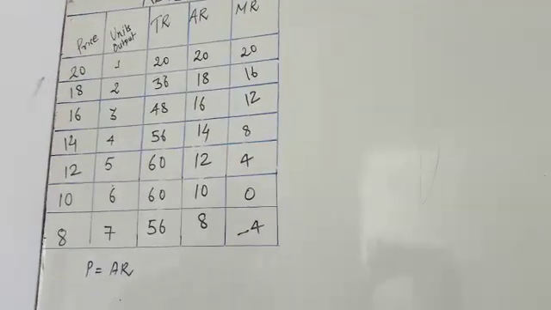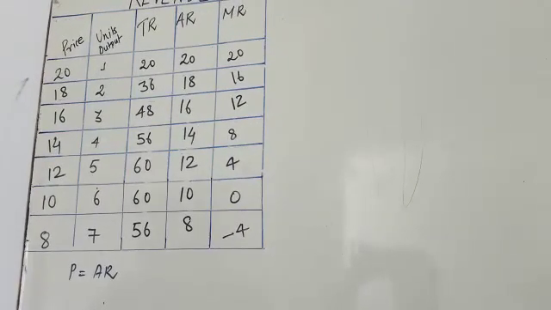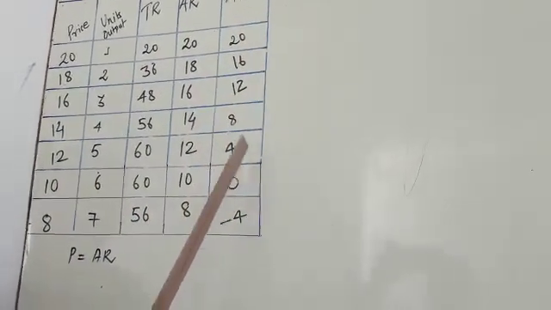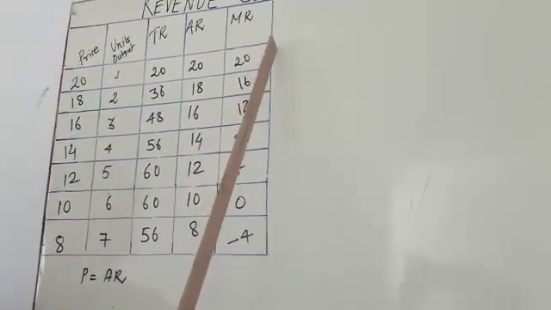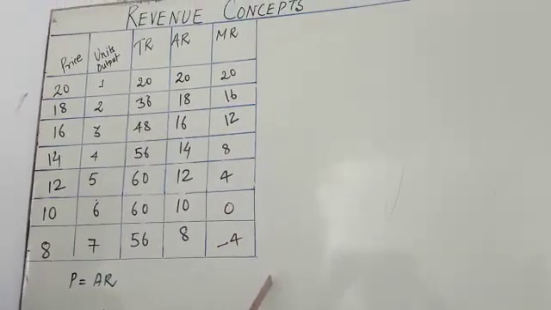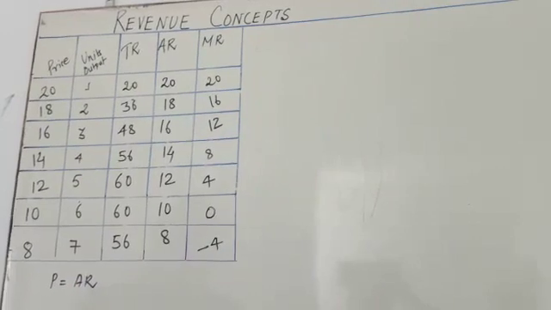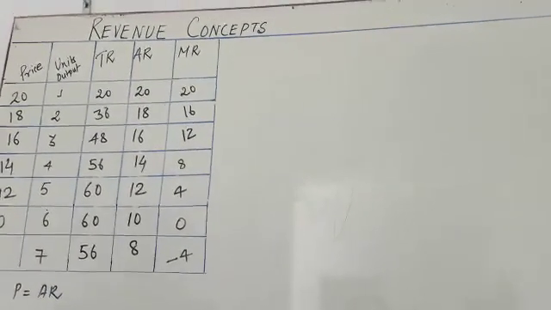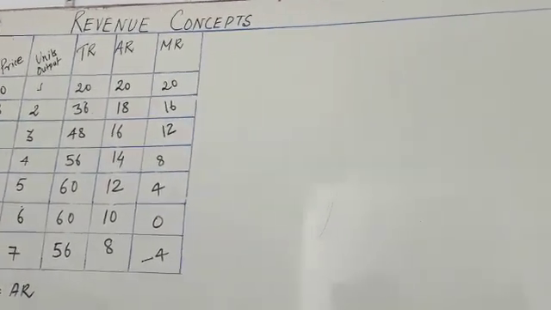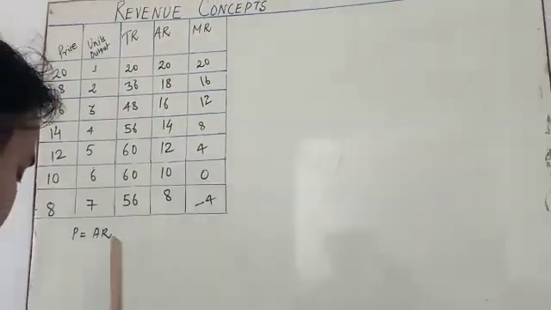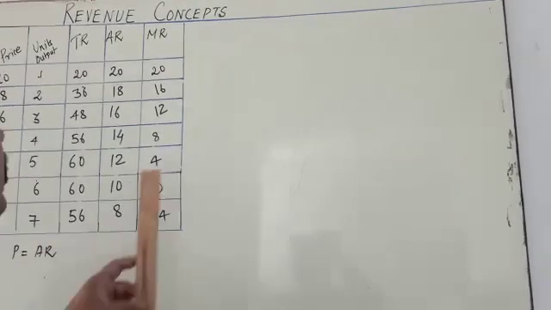My dear student, have you observed that marginal revenue goes from positive to 0? You can also say that marginal revenue is going to decrease into the negative. Now let's see how to show this in the graph. I am going to draw the graph behavior of marginal revenue and average revenue.